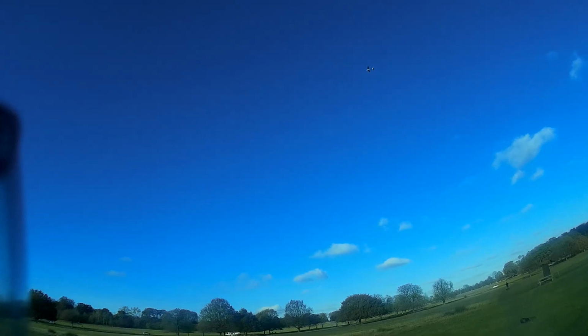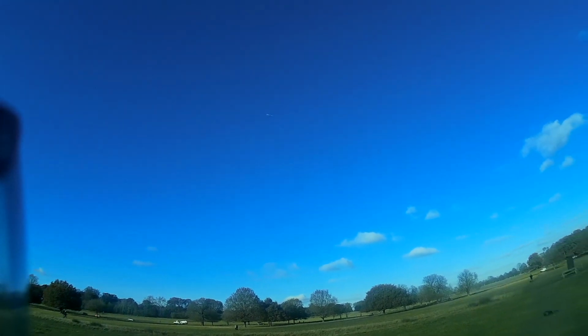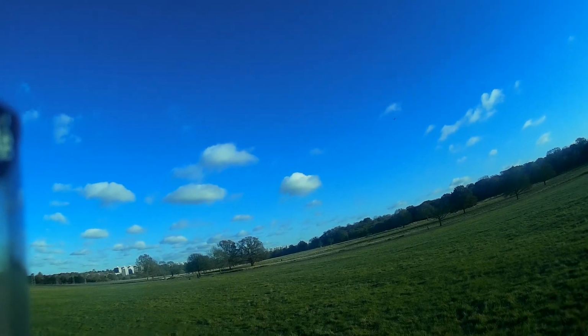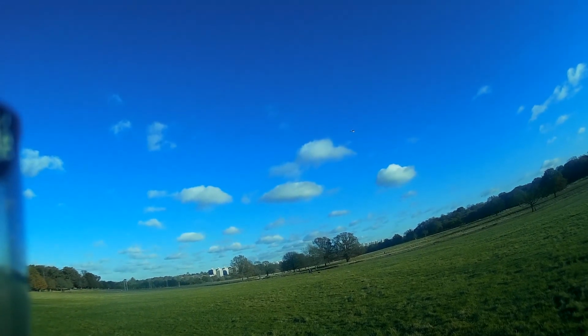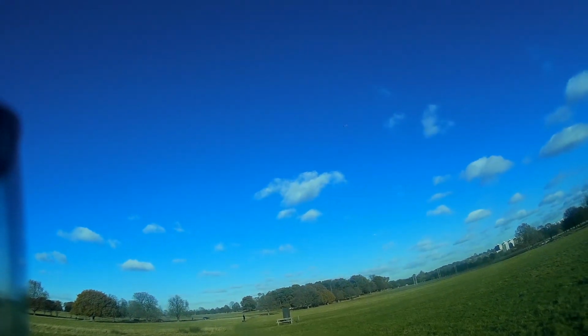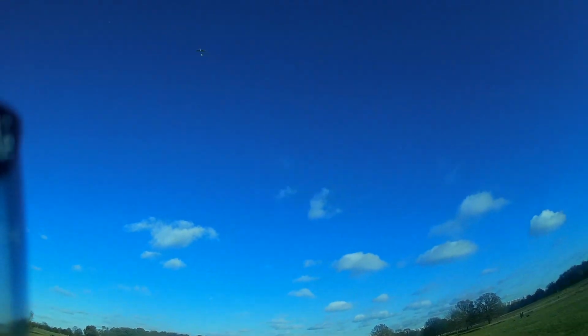Extremely pleased the way this is behaving today. Haven't had a clue what went wrong yesterday when I lost all the settings and it just went ape. That clip on the back that goes onto the horn, I actually put a micro zip tie on that to make sure the bugger never comes undone again unless I actually cut it. No, but I'm really pleased with this. As I say, this wind today is getting up to